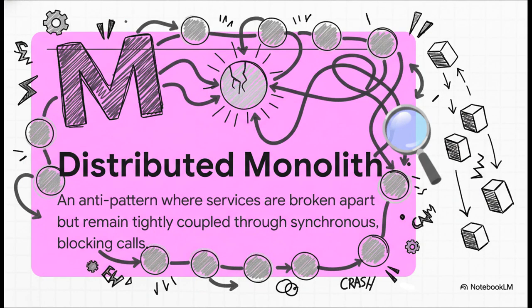And this leads to what I consider the ultimate anti-pattern, the distributed monolith. This is where things get really ugly. You've gone through all the pain of breaking your application into microservices, but then you just chain them all back together with these rigid blocking phone calls. So if one little service slows down or fails, guess what happens? A cascading failure brings down the entire system like a set of dominoes. You've just inherited all the complexity of microservices and all the fragility of a monolith. It is literally the worst of both worlds.